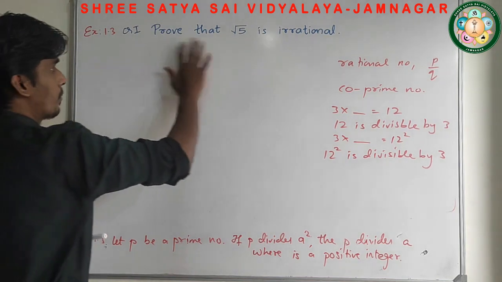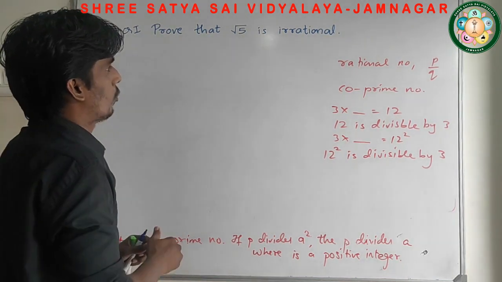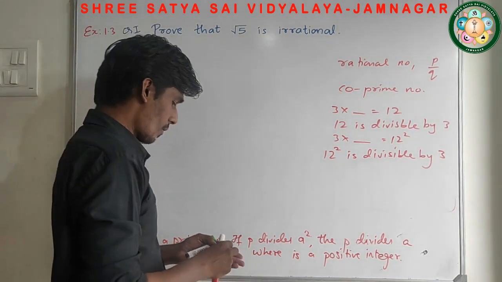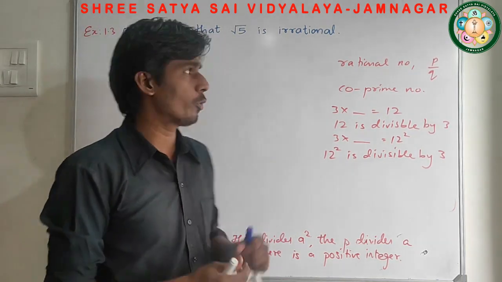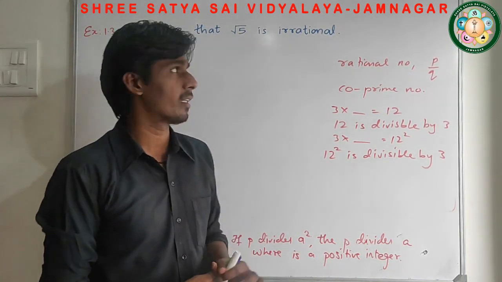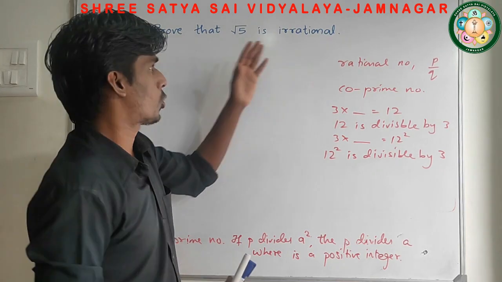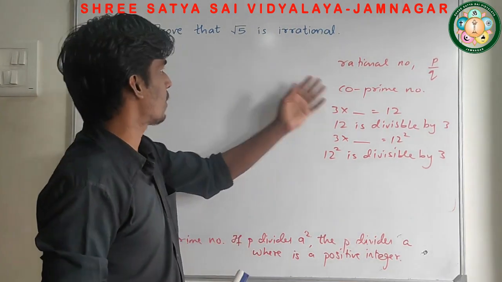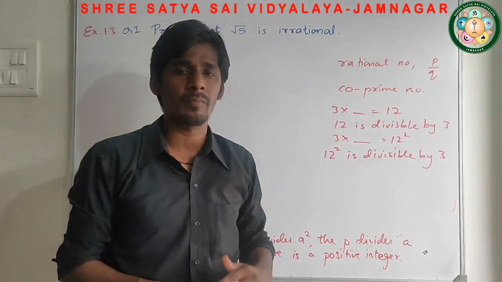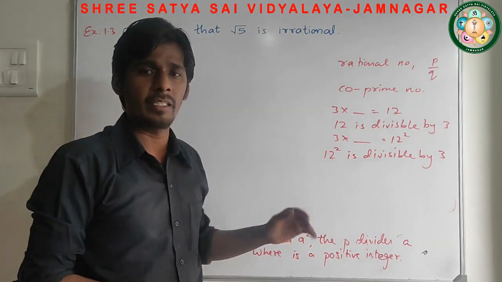So first of all, the question is we have to prove root 5 is an irrational. To prove this one, we are going to assume its contrary statement. यहाँ पे हमें irrational prove करना है. So what statement am I going to suppose? I am going to suppose root 5 is a rational number, and then I am going to prove that statement incorrect.